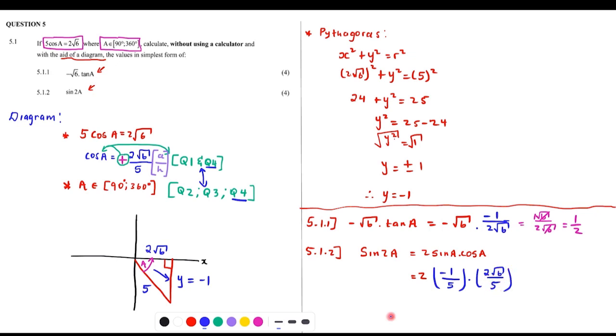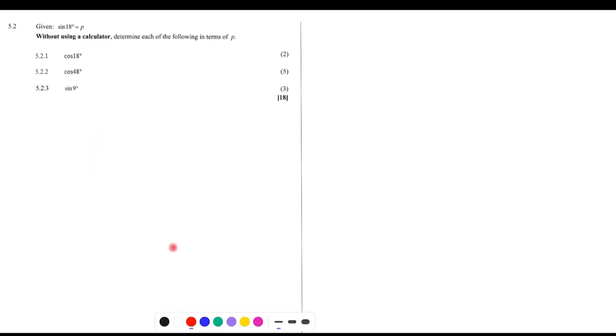Then from here we want to simplify into 2 times minus 1 times 2 root 6. It's going to be minus 4 root 6 over 5 times 5, which is 25. And that is going to be the answer that we get for the 5.1 question. Alright, so now let's go ahead and go into the next one. In the next one, we are given